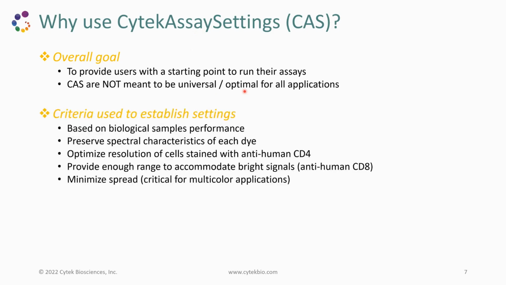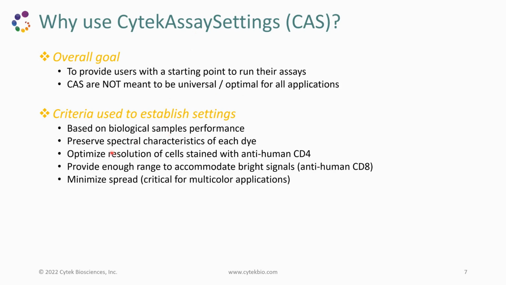How did we establish these settings? These settings are not random. There was a rationale behind those settings, and we spent a tremendous amount of time in the R&D team to get to a place where we were very happy. So we use biological samples, human cells, PBMCs or whole blood, to make sure that we were happy with those